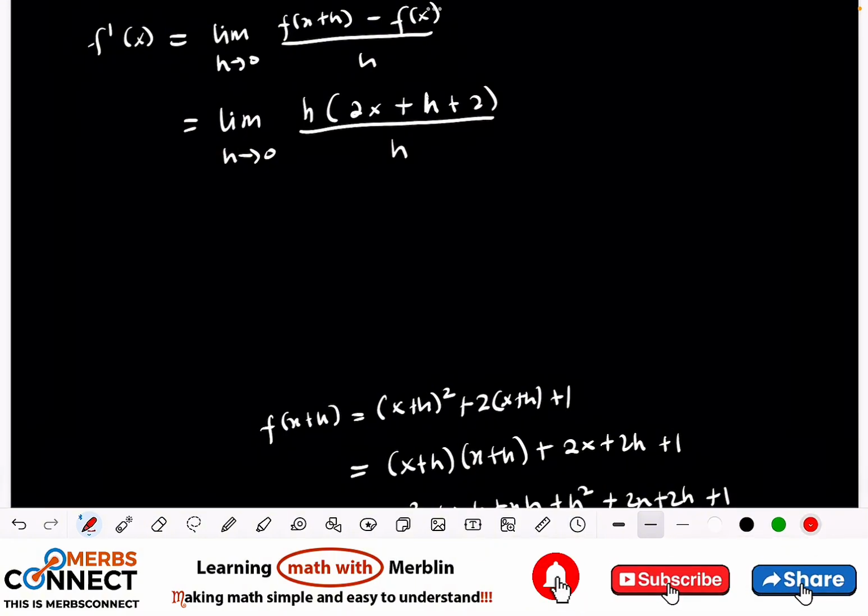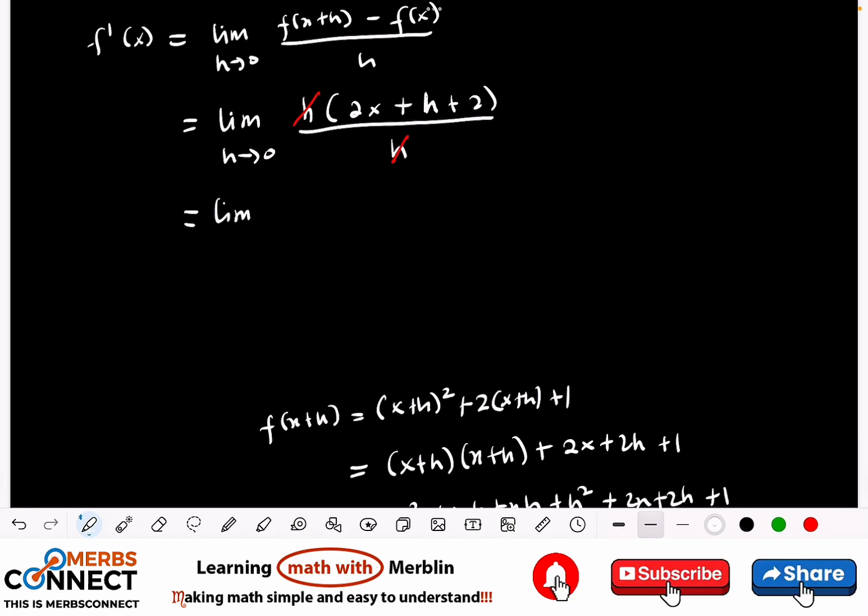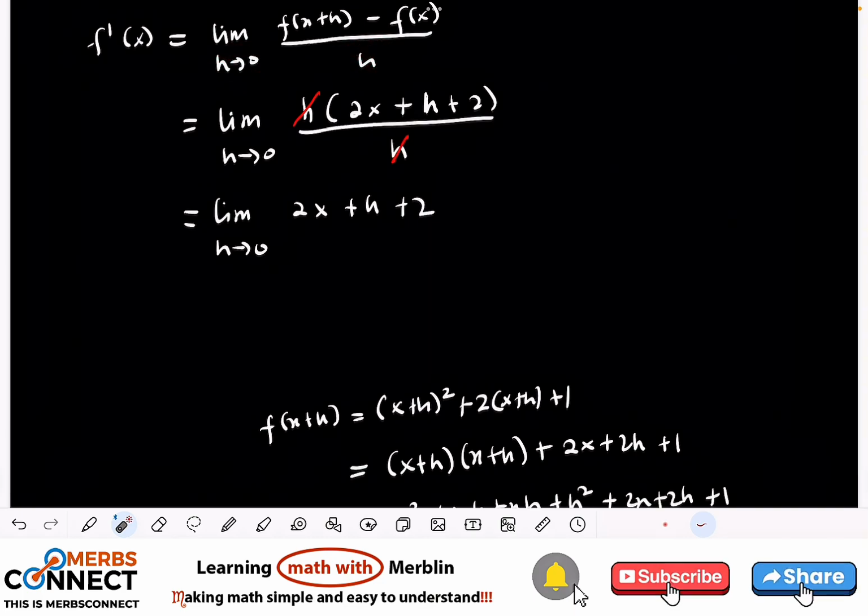And fortunate for us, h will cancel h. So we are going to have limit h is approaching 0, 2x plus h plus 2. Now we can plug in the h as 0, right? Because the reason why we couldn't plug in when h is approaching 0 is that when I plug in 0 here, the function becomes